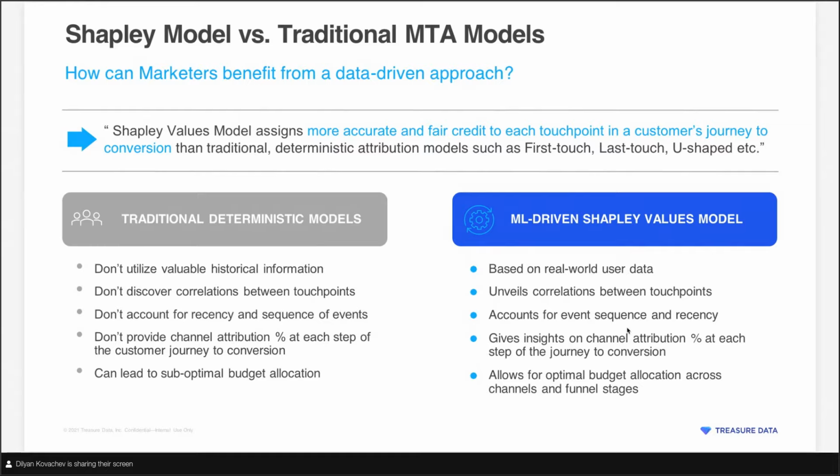And deterministic models usually don't tell you the partial credit that each channel might have. If you use last touch, you're just giving the credit to the last points. While Shapley values always assess the contribution to the final decision at each step of the journey, even if it's very small. It will be able to assess that.